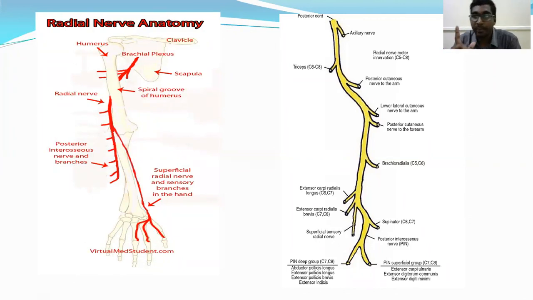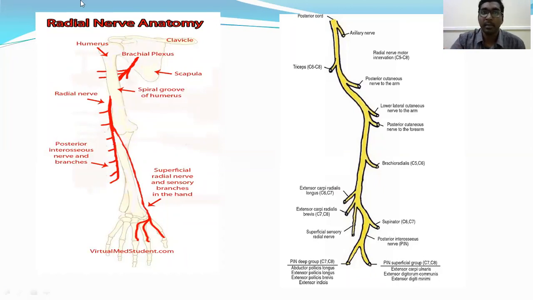You see, the radial nerve supplies the radial 3.5 fingers of the dorsal surface. So the sensory nerve goes along the under surface of the brachioradialis and gives off sensory supply to the radial 3.5 fingers. And the isolated autonomous zone of the radial nerve is the first web space.